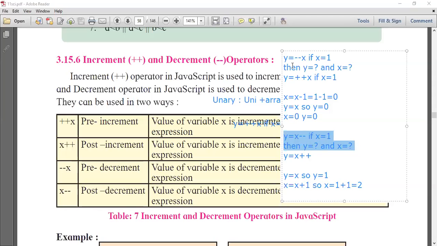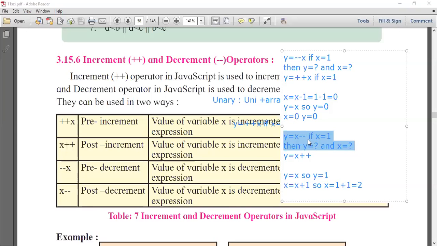Yes, she is saying y is equal to 1, x is equal to 0. Good, you are brilliant students. So we'll check it now.